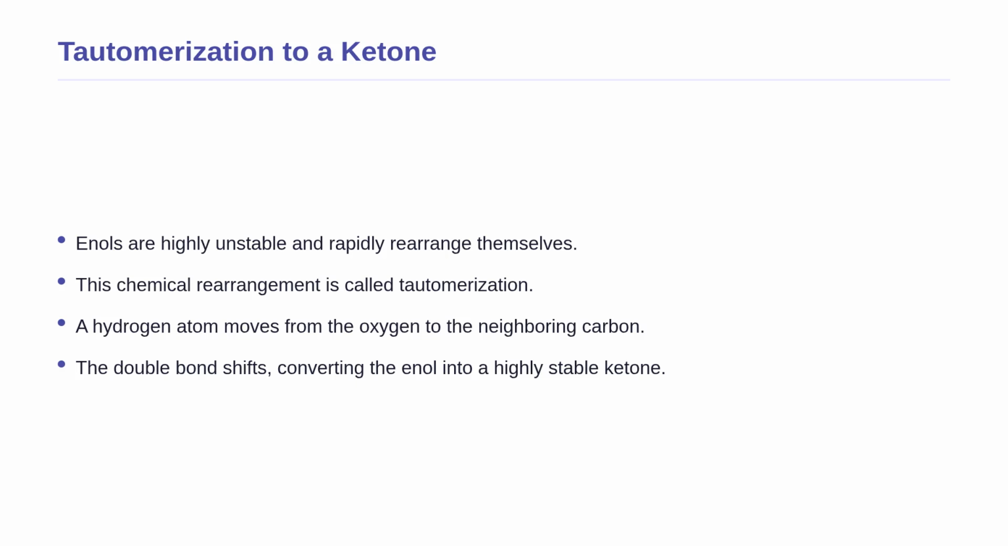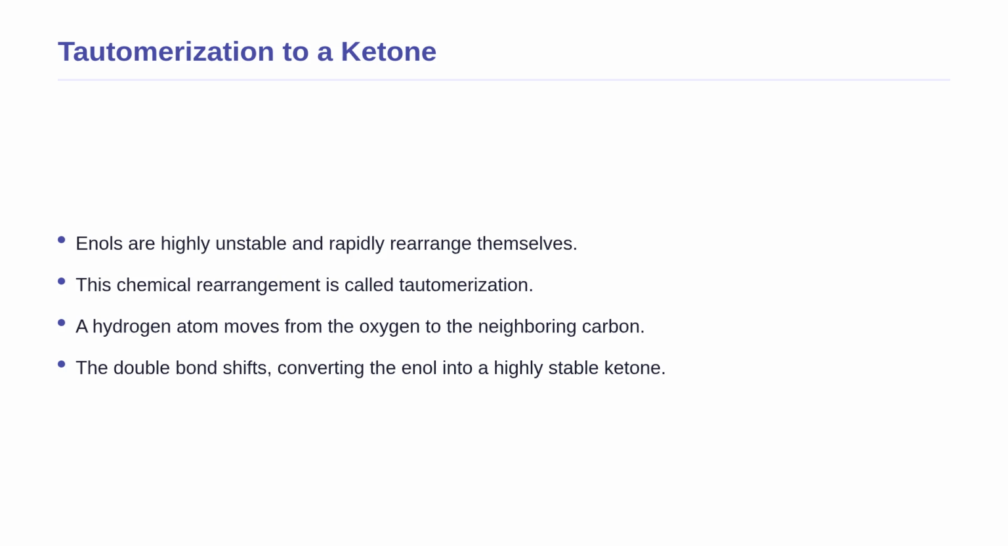Because the enol we just formed is so unstable, it immediately undergoes a fascinating process called tautomerization. Tautomerization is a rapid chemical rearrangement. Imagine a person standing on one leg, representing the unstable enol, who quickly puts both feet on the ground to balance themselves. In the molecule, a hydrogen atom moves from the oxygen to the neighboring carbon, and the double bond shifts from the carbons to the carbon-oxygen bond. This internal shifting converts the unstable enol into a highly stable ketone,